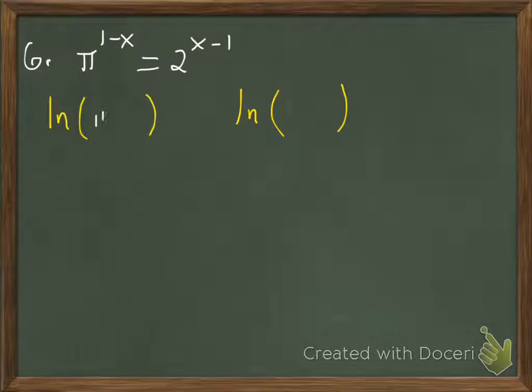And let's say we have pi to the 1 minus x equals 2 to the x minus 1. So we don't have the same base, so we're just going to take the natural log of both sides. And then we're going to use the power rule, and the power rule is going to bring down both of those exponents. So bringing down both those exponents,